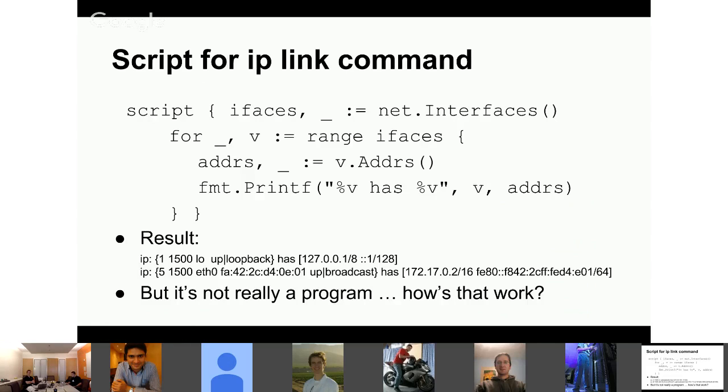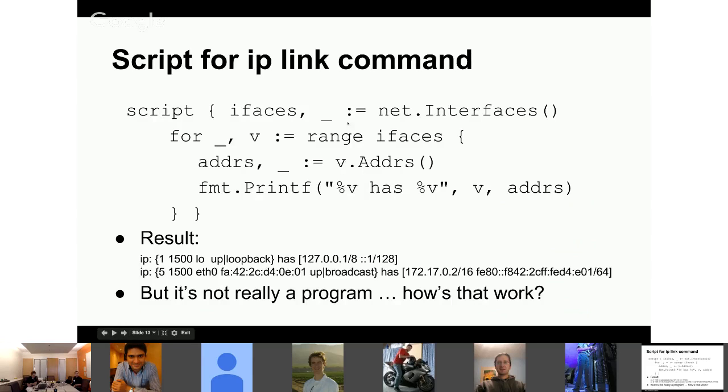First thing I do, I iterate all the interfaces and assign that to a variable called ifaces. And then ifaces is actually an array of these interfaces, so I do a for across the range of ifaces. And addrs gets me all the addresses on all the interfaces in that one instance of an interface. And I'm sorry I'm rushing. If there are questions about this syntax, let me know. And then finally I print.